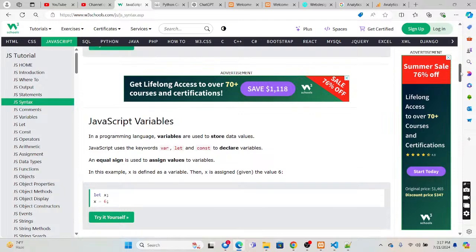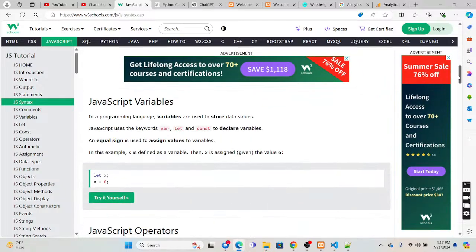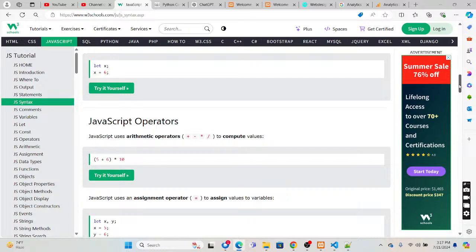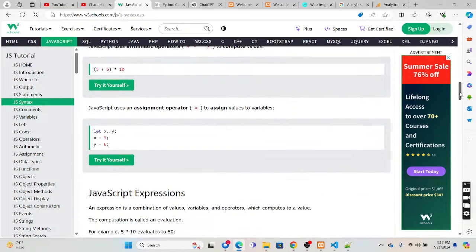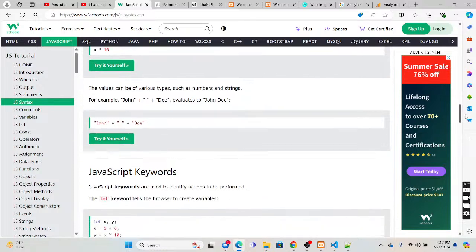And then variables with var, let, const, a variable name, and a variable can store the value, where let and const are used to declare the variables, right? And then operators, you can use arithmetic operators plus, minus, star, and slash, and equal to for the assignment operator. And expressions, you can use with operators.